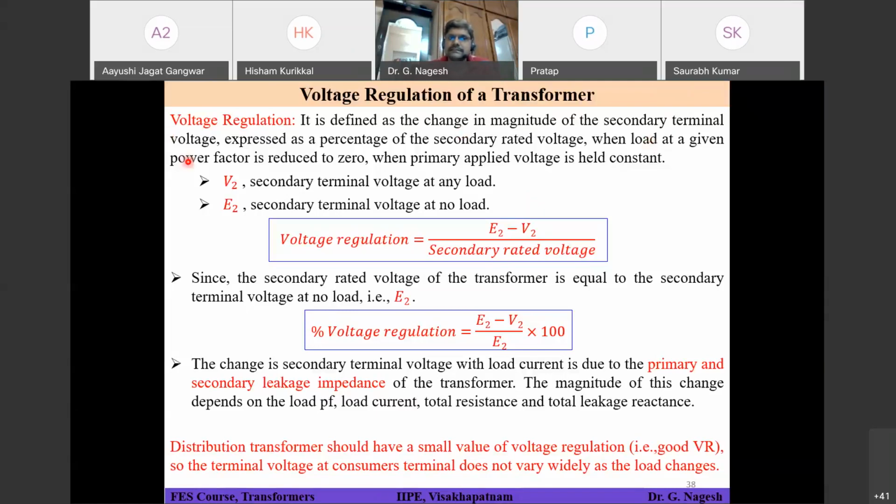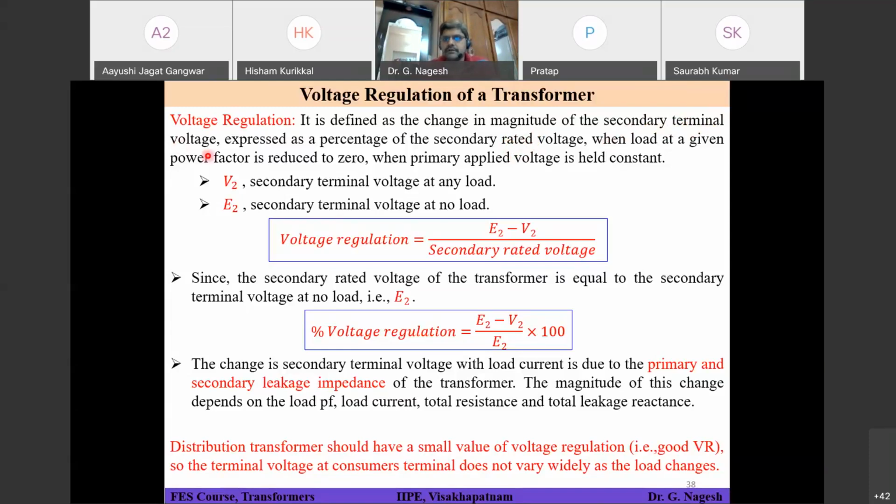Terminal voltage is a term when the load is connected, and rated voltage is when the load is not connected. That means no load. You are understanding now? Because of the connection of the load, there is a change in the voltage across the secondary of the transformer. When there is no load, we call it rated voltage. That means what is given on the nameplate of your transformer. When the load is connected, some voltage change will occur with respect to this rated value.